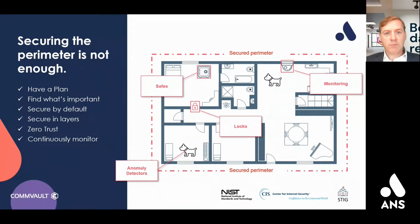As I said at the top there, 50% of organisations don't think they're in a position to recover. We need to improve that stat and give people confidence that the data they're storing, that their business relies on, is recoverable in a secure and timely manner. Work out what's important to your business. So identify the data assets that are the most valuable to your organisation, and secure them by